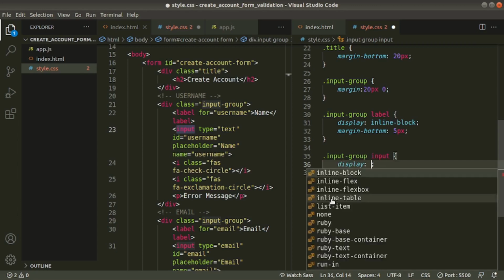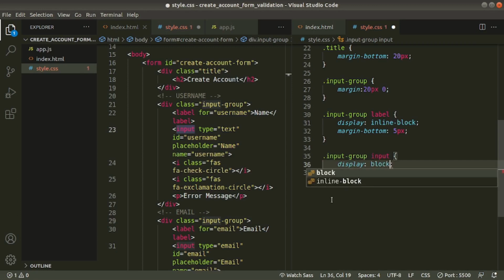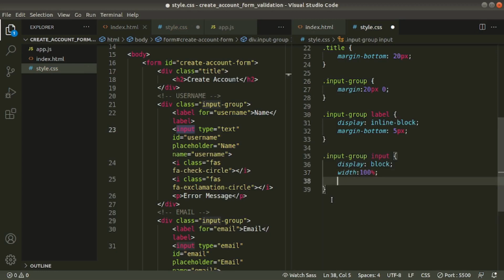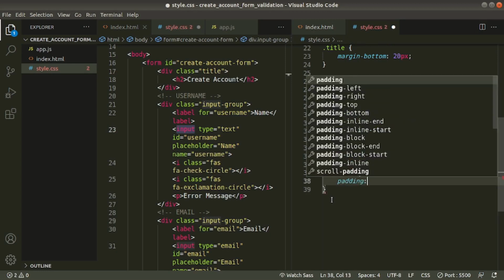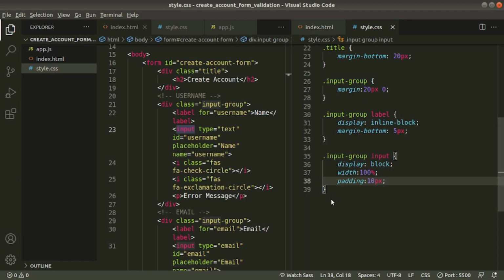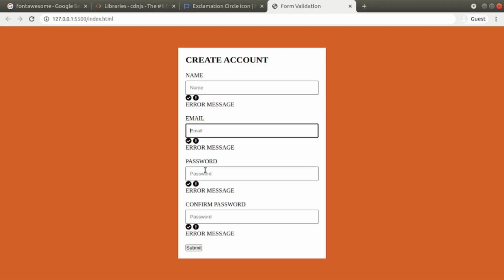Display as block element so that it will occupy full width, and give width 100%. Padding all sides 10 pixels. Now save this one. Let's go and check. These are our input fields.